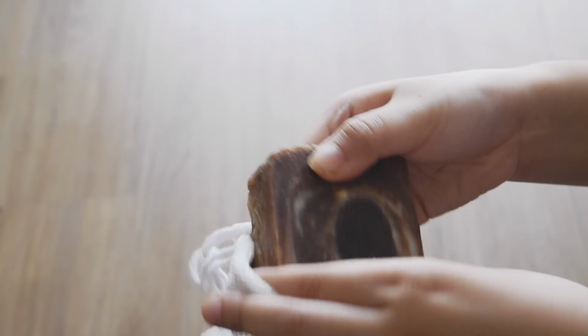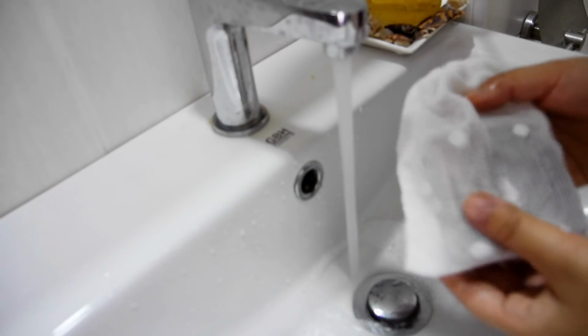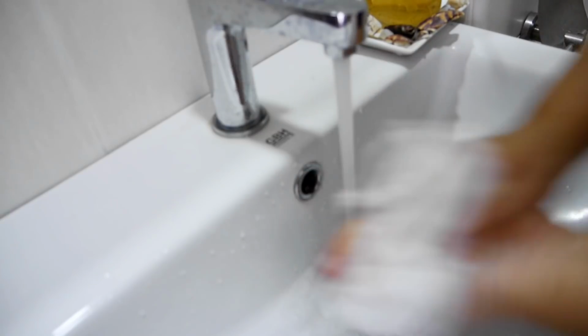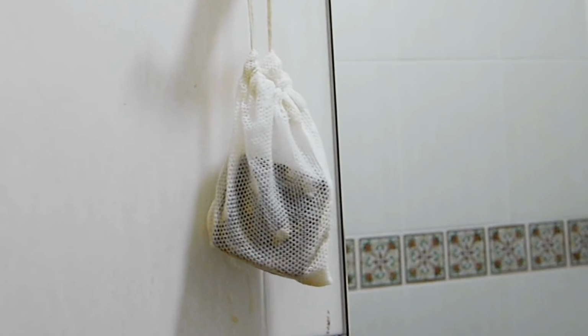Hello everyone! Today I'm going to show you how to sew a zero waste soap net. Using this soap net will really get your soap all bubbly when you use it. You can see how much foam is coming out of the soap, and storing the soap in this bag helps